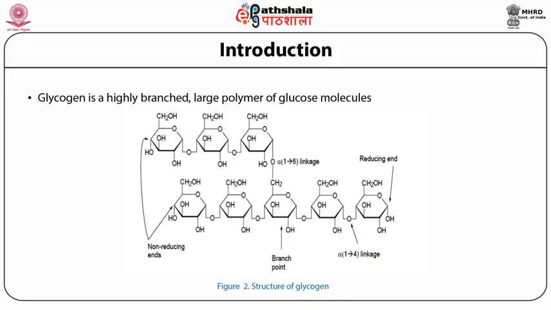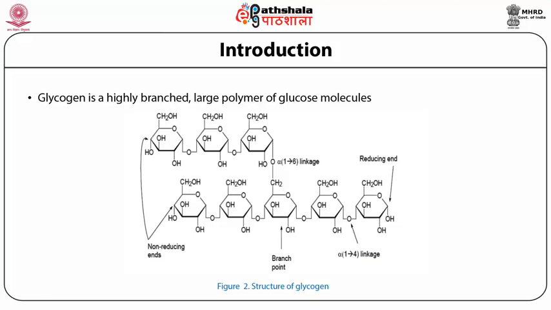As mentioned earlier, glycogen is a highly branched large polymer of glucose molecules linked along its main line by alpha 1,4 glycosidic linkages. Branches arise by alpha 1,6 glycosidic bonds at about every 10th residue. The above figure shows the structure of glycogen. Looking at the structure, it is clear that the long chain polymer of glucose is achieved by the formation of alpha 1,4 linkage between two subsequent glucose molecules, and when two non-reducing ends of the glucose polymer chain are joined together through an alpha 1,6 linkage,